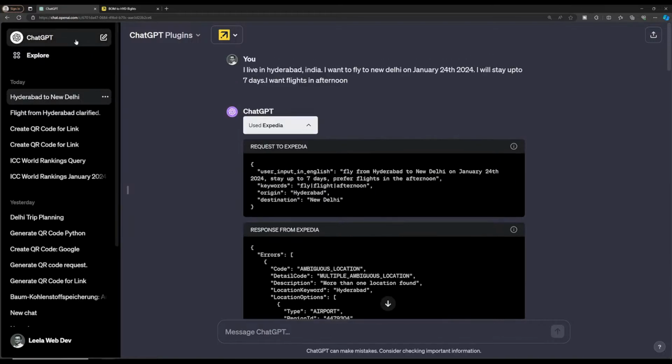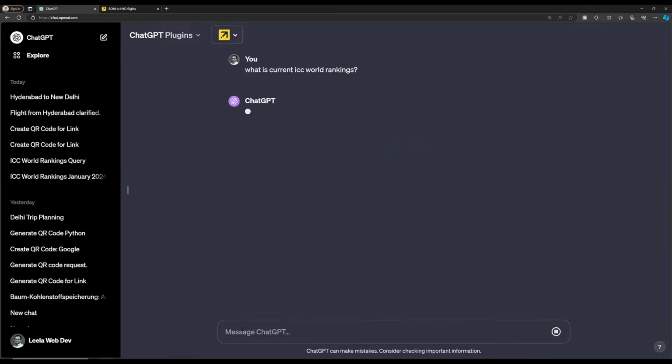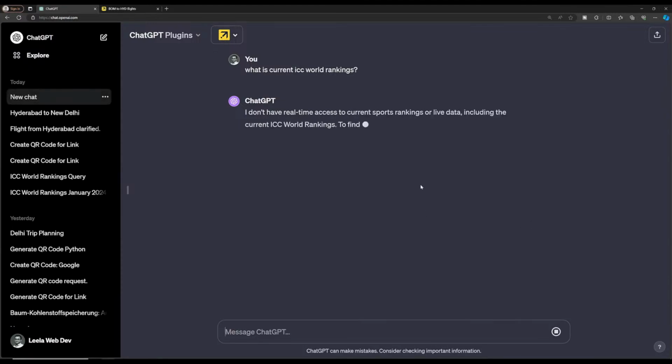Not only this, you can also browse the internet. For example, what are the current ICC world rankings? If I try to search, it will try to search the internet. If you are able to see, it is searching the internet, and it will show you. It will search with Bing search and give you the current ICC world rankings that are available. It will take some time. I don't have real